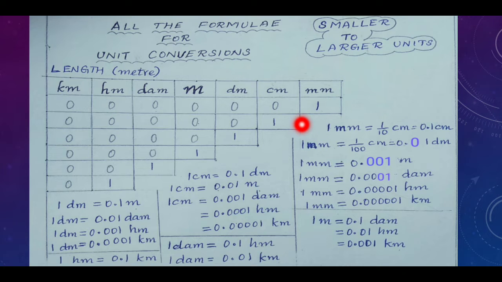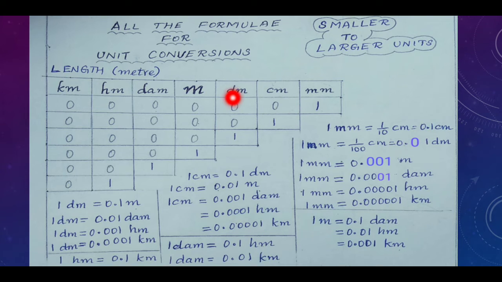Let us see how to do this. 1 is equal to 1.0. So we have a decimal point after 1. Okay, to convert millimeter into centimeter, we have to move one step. So to move one step, we have to move the decimal point one place towards the left. So consider these two boxes, 0.1 centimeter. Okay, you got it?